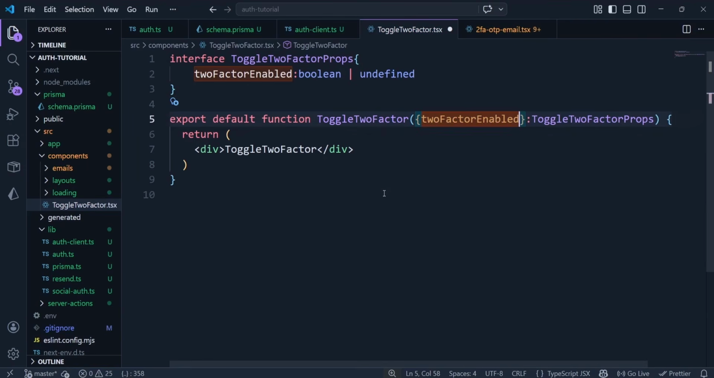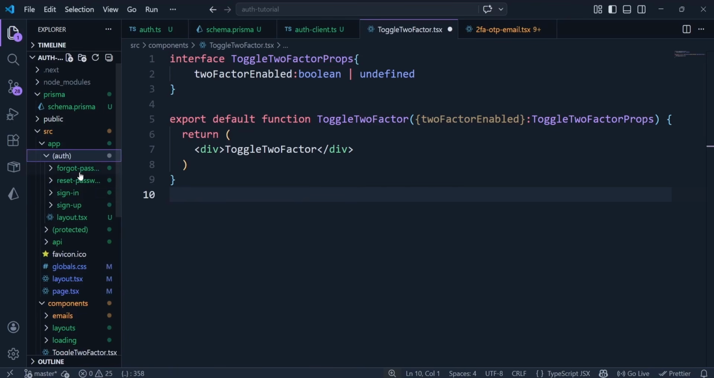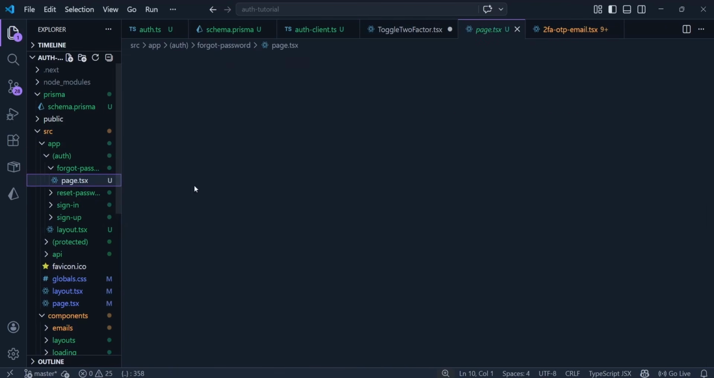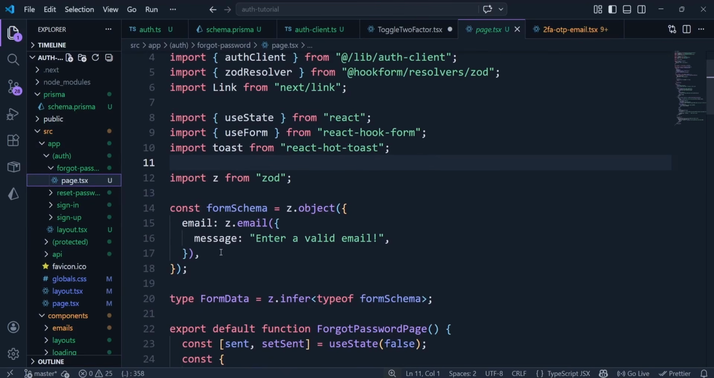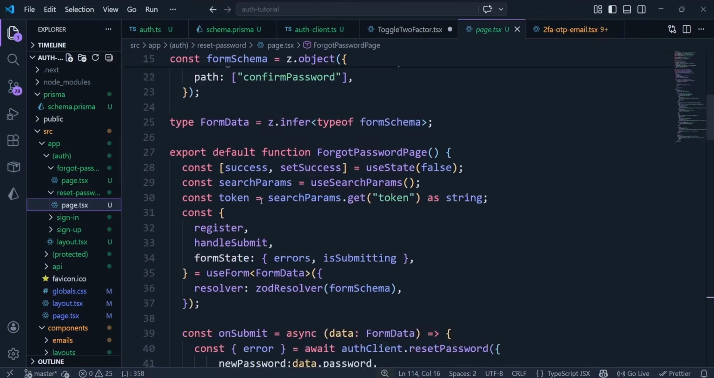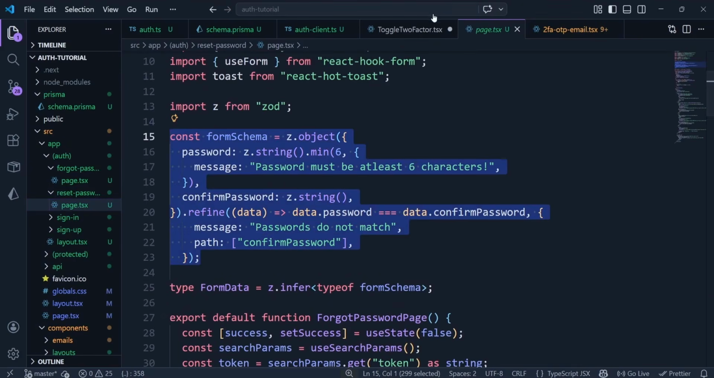Now, since we are going to be using the password to actually enable the two-factor authentication, which means we're going to have a password input, we need Zod schemas too. So we're going to go over to our sign-in page or any page where I'm making use of password. We go to the reset password page, copy this schema right here, and then I'll just paste that